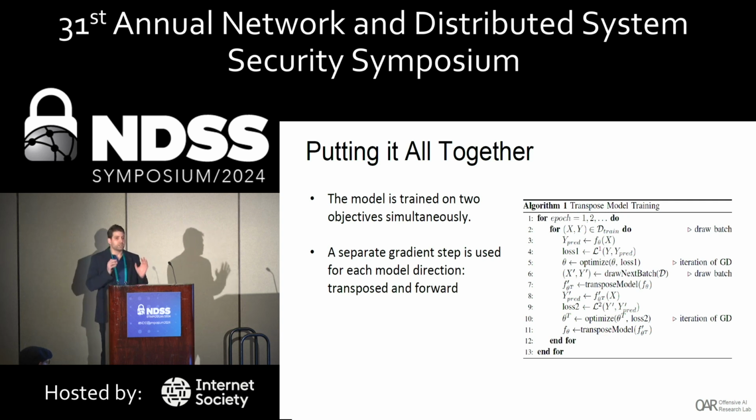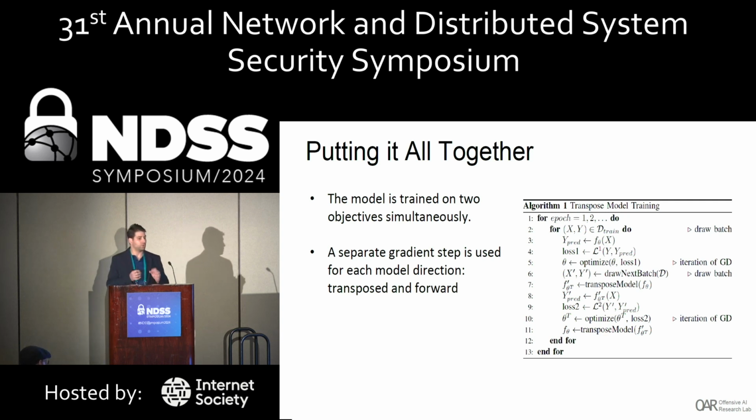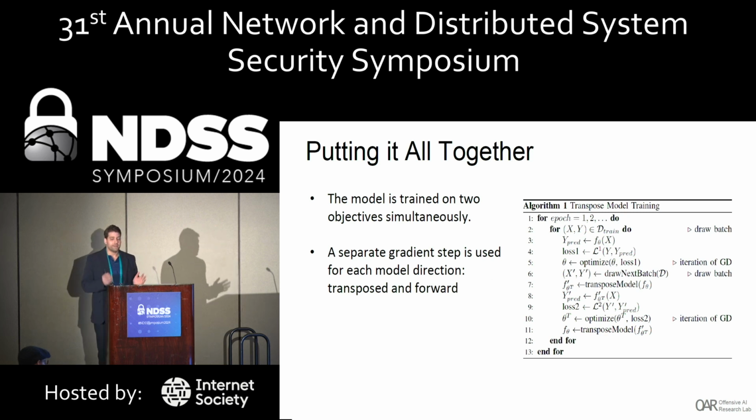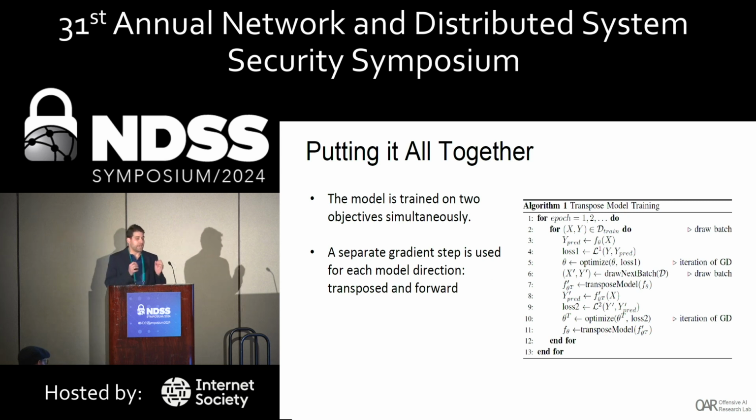Then, we transpose all the network weights and draw a batch of spatial indexes and their corresponding images for memorization. We then perform a separate optimization step to improve memorization and transpose back all the layers,